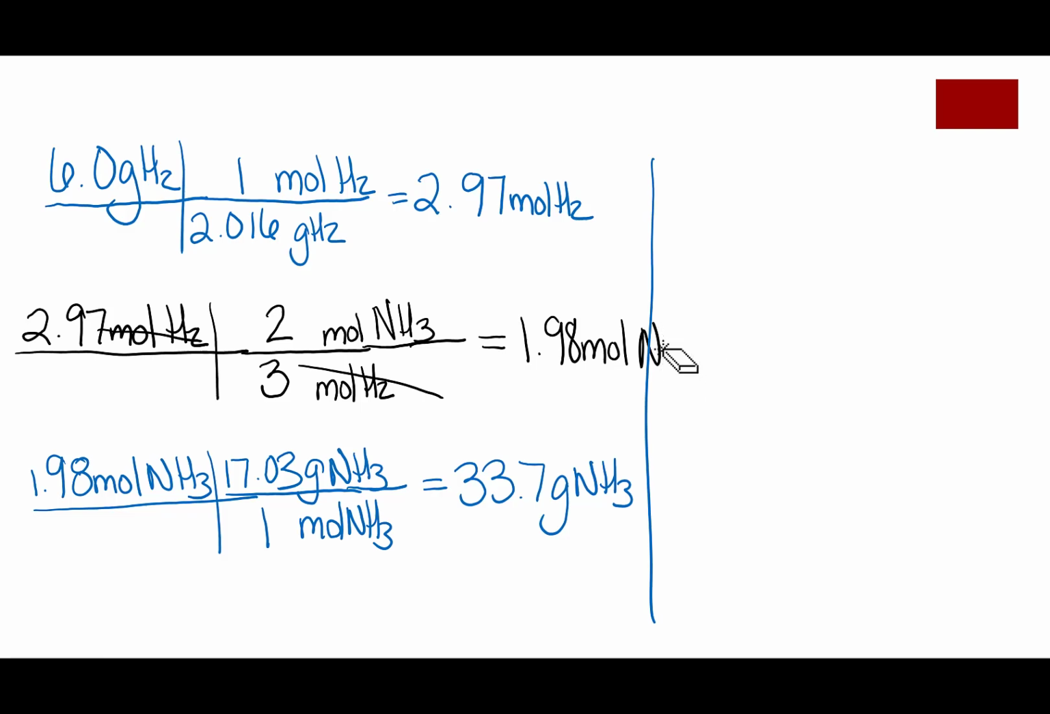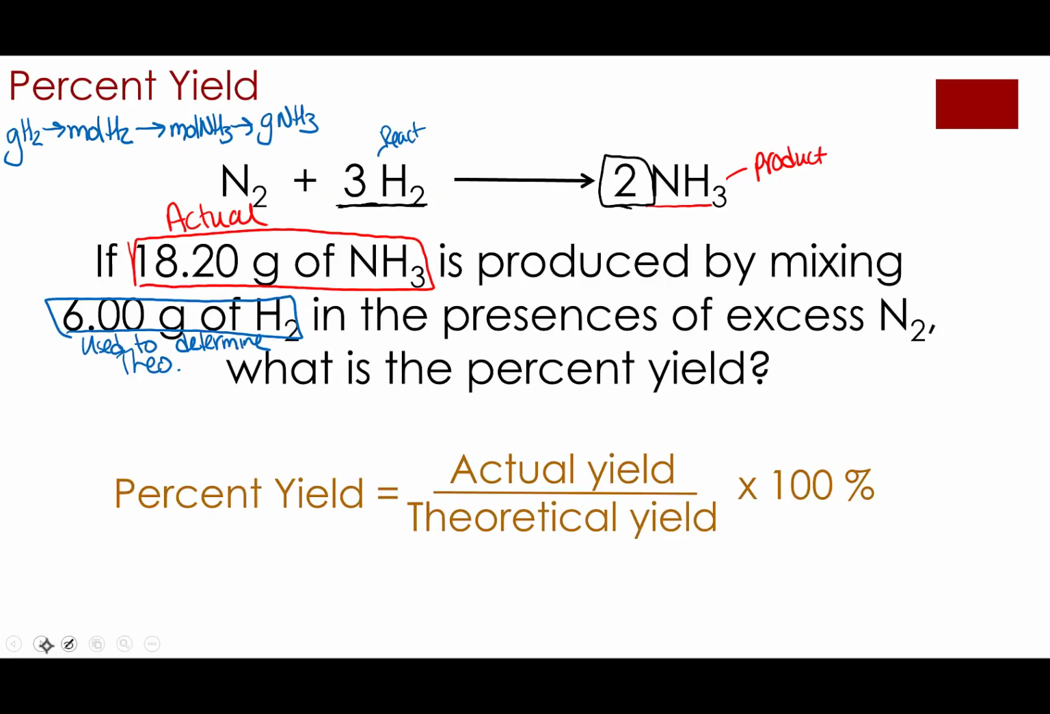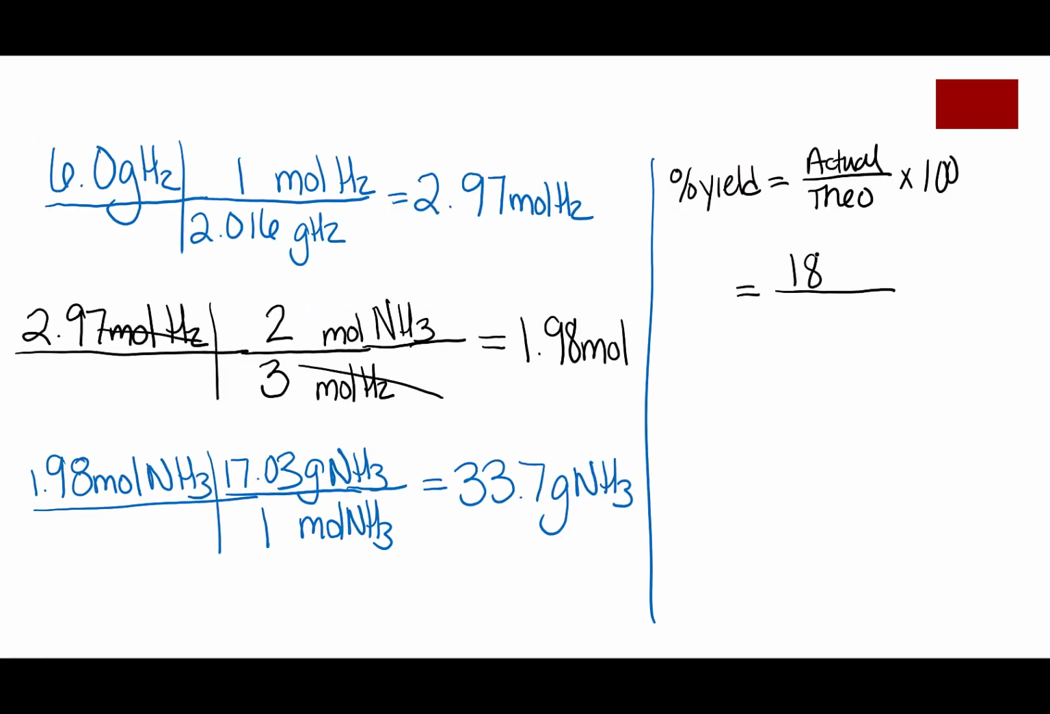Now we need to plug this into our percent yield equation. Okay, so percent yield is actual over theoretical times 100 to make it a percentage. So our actual yield was the number that was given to us in the problem, 18.2. Our theoretical is what we calculated using stoichiometry, 33.7. And then we're going to multiply that by 100 to make it a percentage. So for this problem, 18.2 divided by 33.7 times 100, our percent yield is